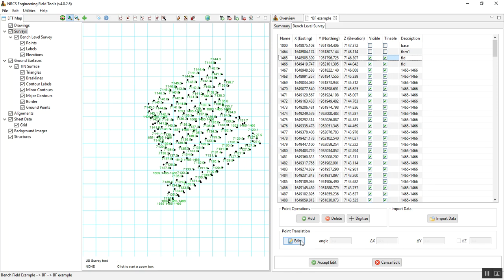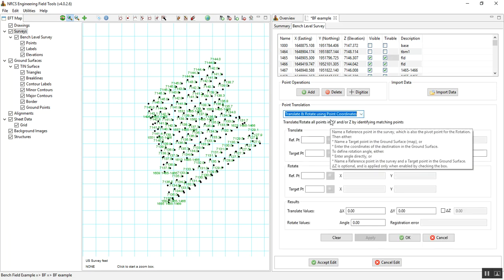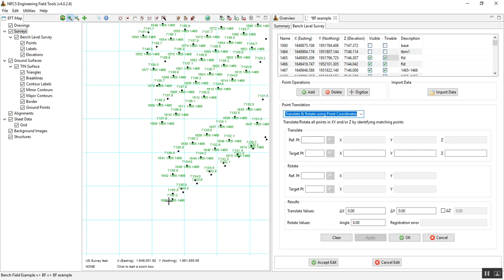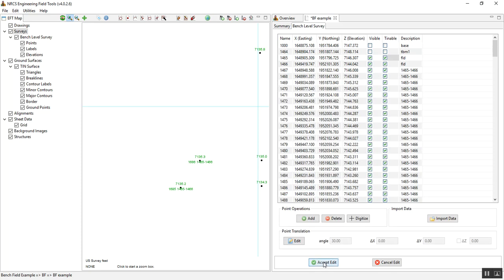So we're going to go to edit, translate using a coordinate. The point we're going to use is 1685. I already know the angle is going to be 30. We're going to apply, OK, accept edit,